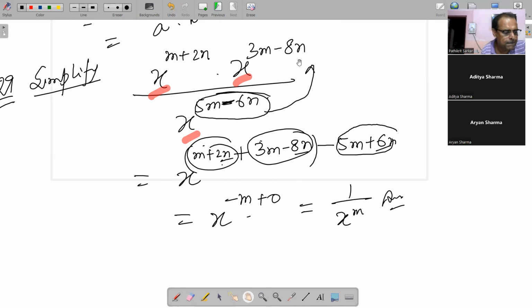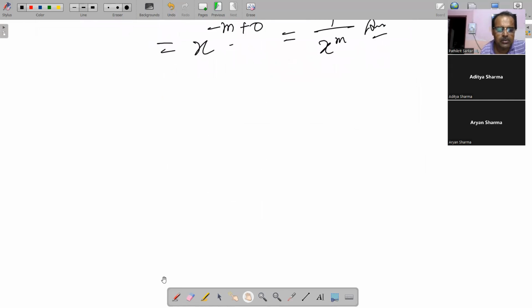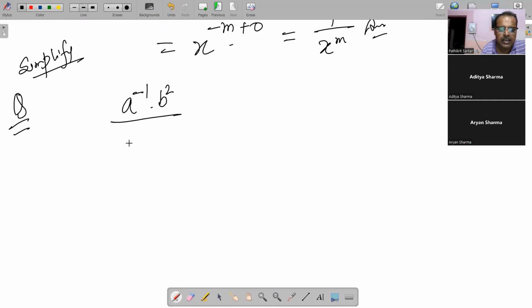ठीक है ना, देख लिया। यस सर। ओके, अब थोड़ा स्टैंडर्ड प्रॉब्लम में घुसते हैं। सिंप्लीफाई क्या स्टैंडर्ड प्रॉब्लम कैसा दिया गया है देखते हैं। सर चलो मान लेते हैं इस तरीके का एक प्रॉब्लम दिया गया, जहां पर मेंशन किया गया इसको सिंप्लीफाई करो। सो दे हैव मेंशन सिंप्लीफाई दिस थिंग्स। इट इज गिवन a to the power -1 b square by a square b to the power -4 इसका होल टू दी पावर 7, और इसके साथ प्लस